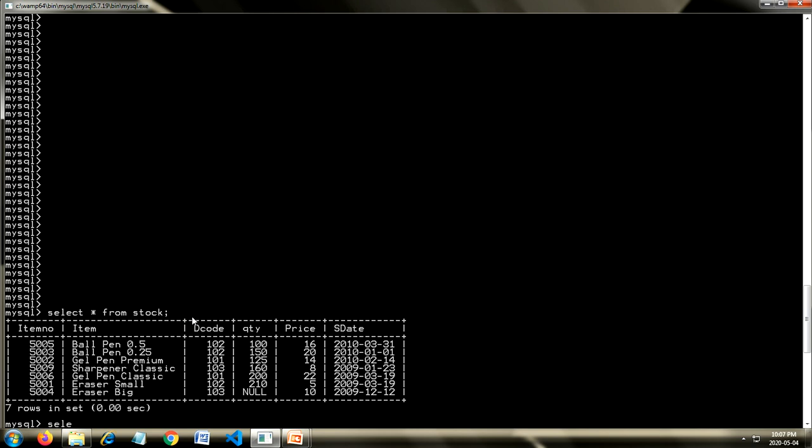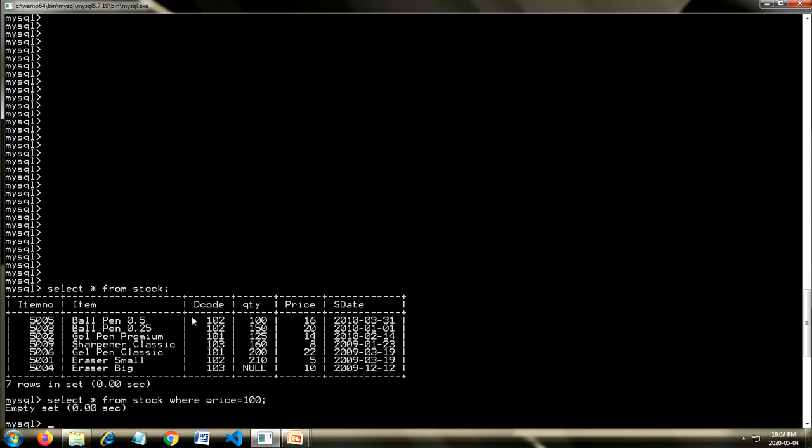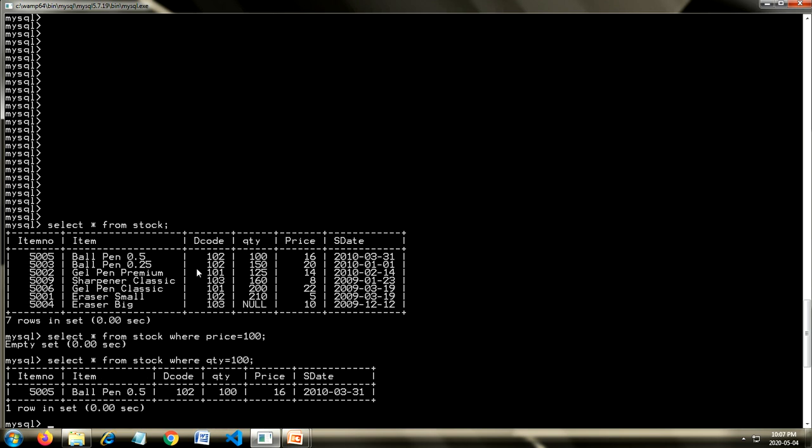So I will write down select star from stock where price equal to 100. So it will show me, where quantity is equal to 100. So it will show me the record where quantity is 100.